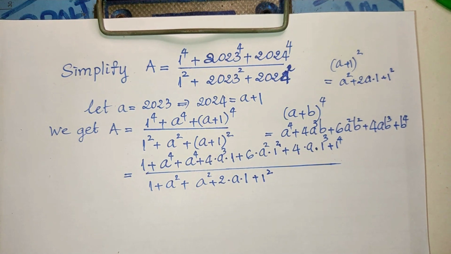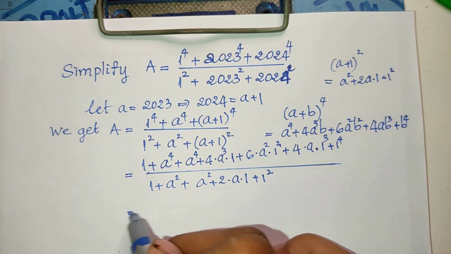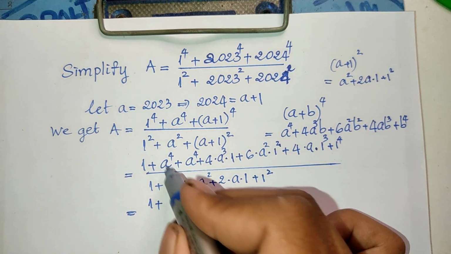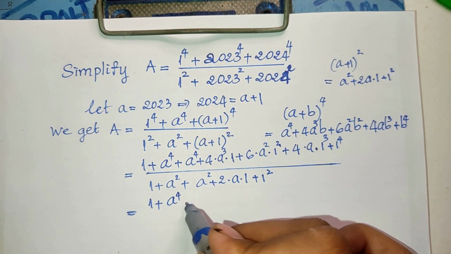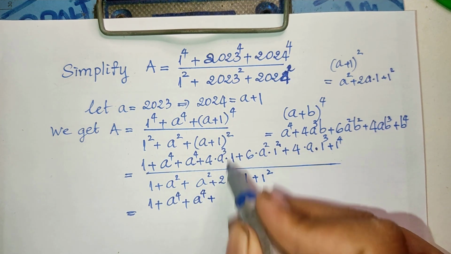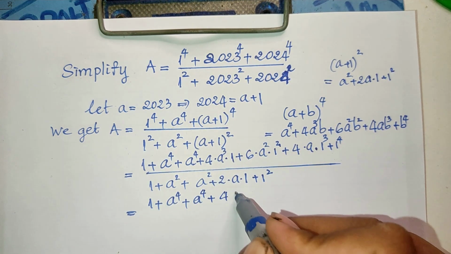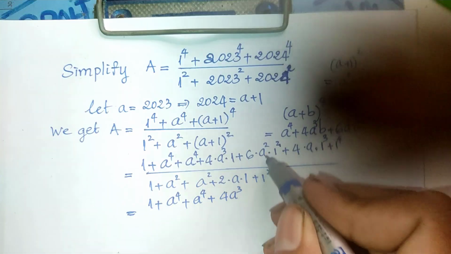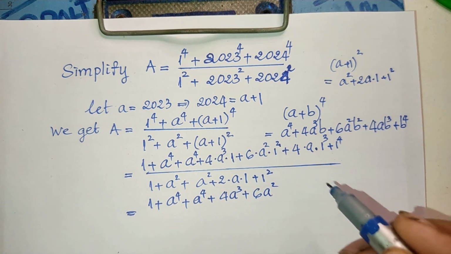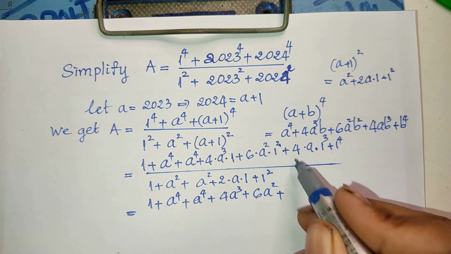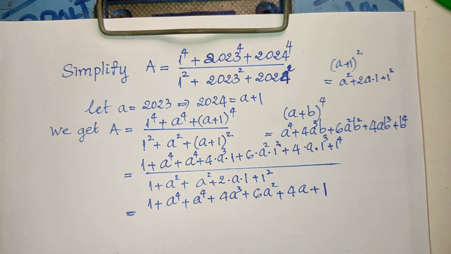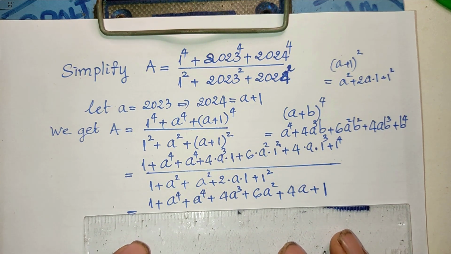And this is equal to 1 plus a power 4 plus a power 4 plus 4a power 3 plus 6a squared plus 4a plus 1, divided by